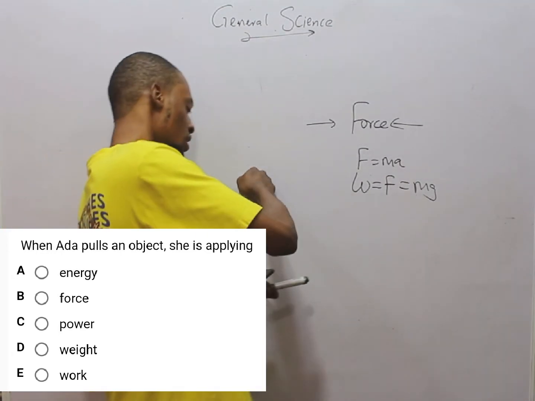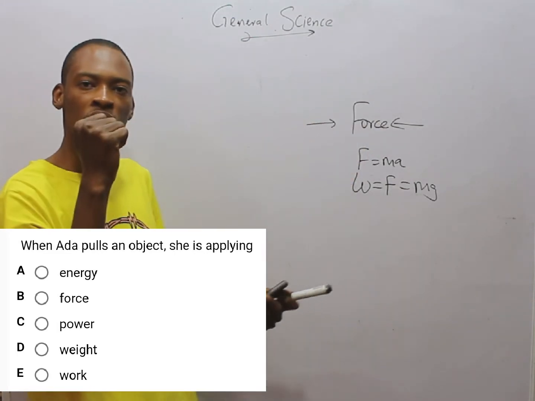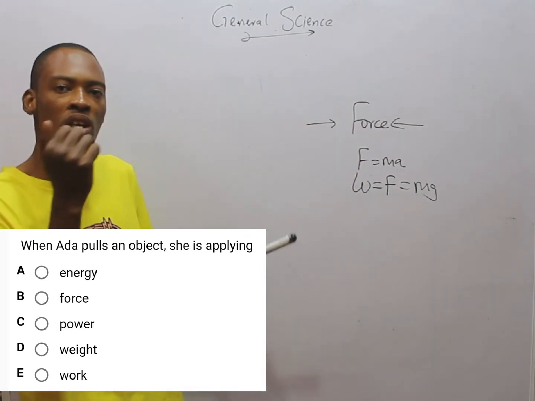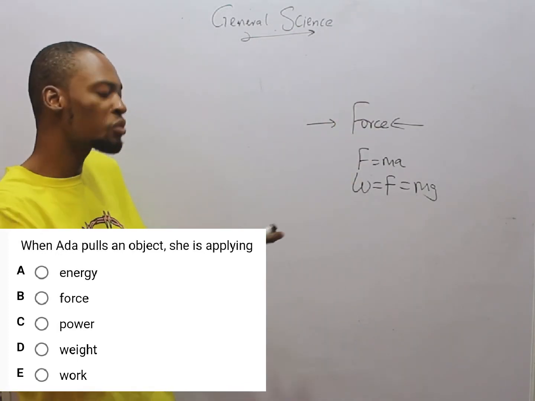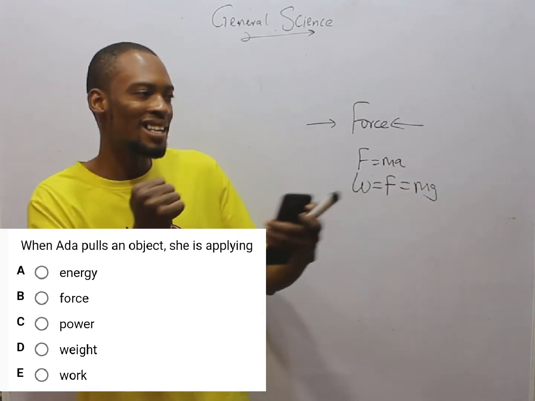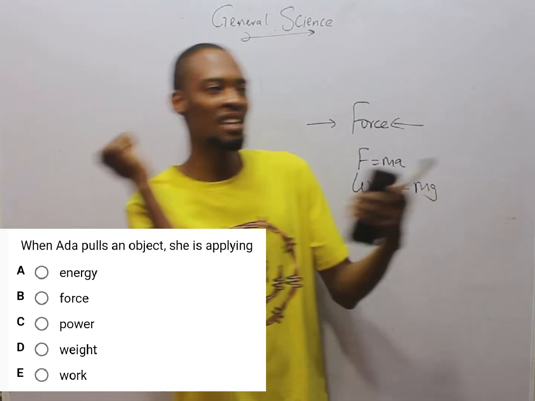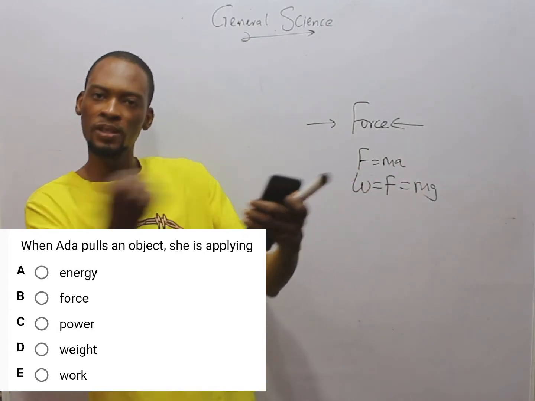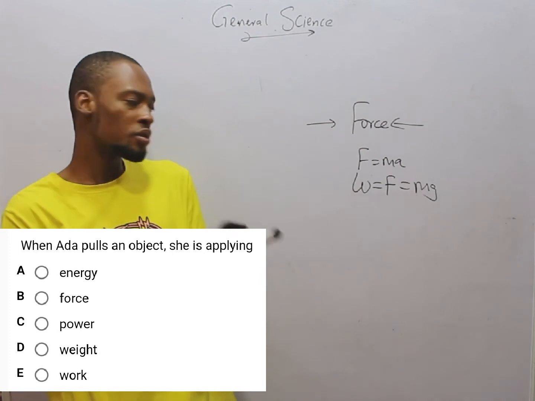The third law states that action and reaction are equal and opposite. If you push this, it will push you back. The more you hit the wall, it's the same force that the wall will use to hit you. That's why the more you hit it, the more it will pain you. So action and reaction are equal and opposite. If you shoot a gun, you notice that as the bullet leaves, the gun pushes you back. So that is the action, and there is an opposite reaction. When action goes this way, reaction will go this way.